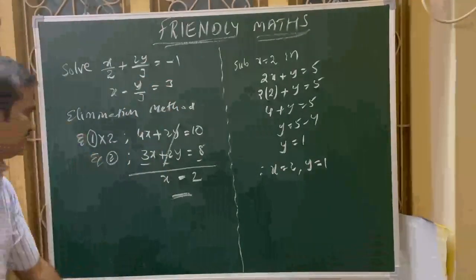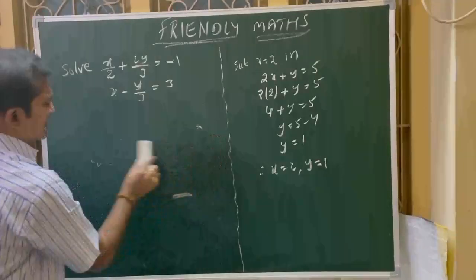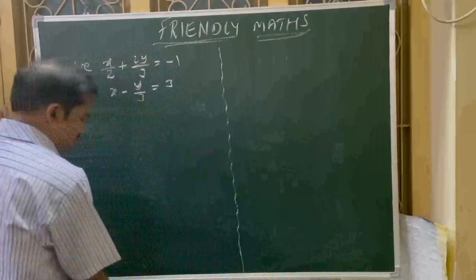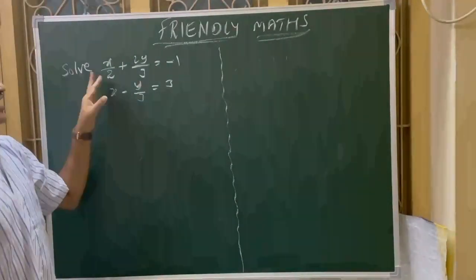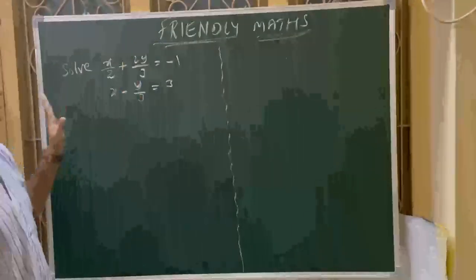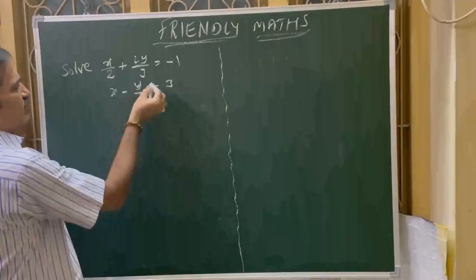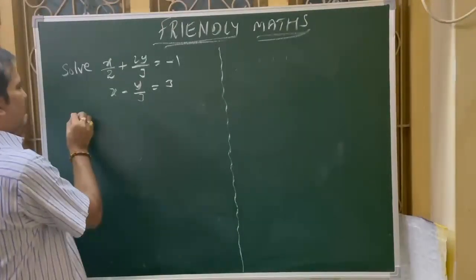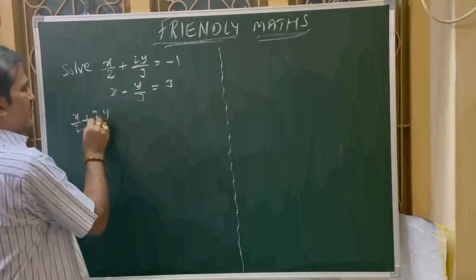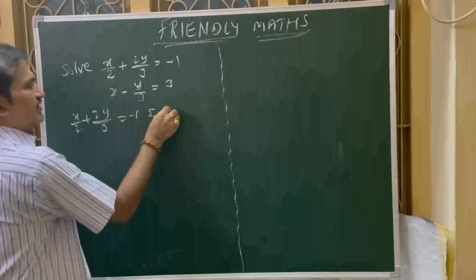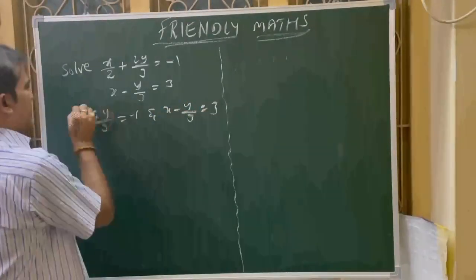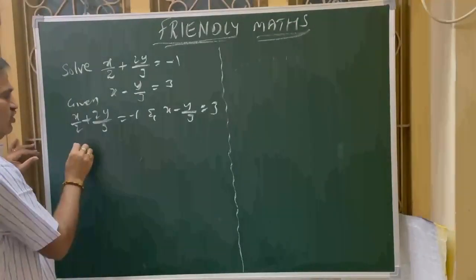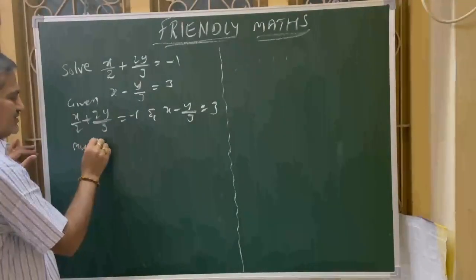Now, generally these are not in general form. Denominators contain numerical values. To make it into general form, again we have to take the LCM and multiply. Now, what is the LCM of 2 and 3? 6. That's why equation 1. Again I am writing 1 beside it to get more clarity. x minus y by 3 is equal to 3, given. Now the LCM of 2 and 3 is 6. So the full equation I am multiplying by 6.